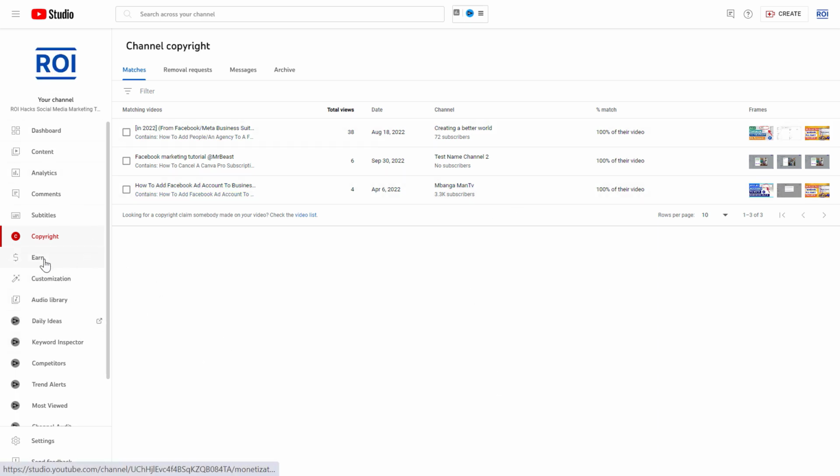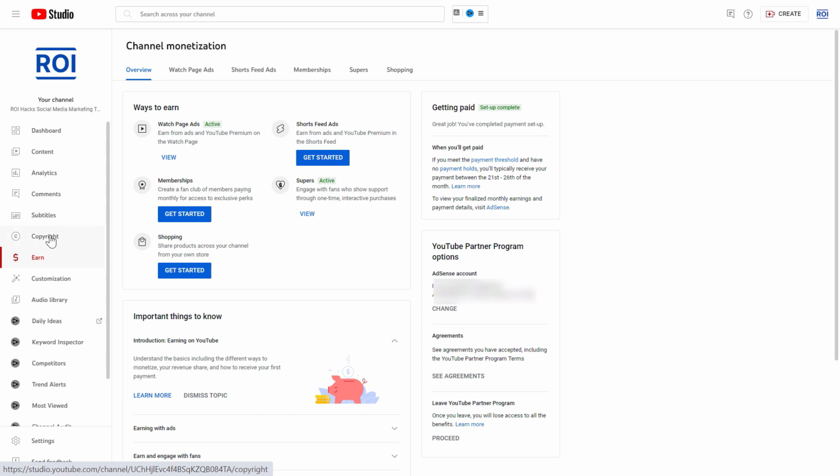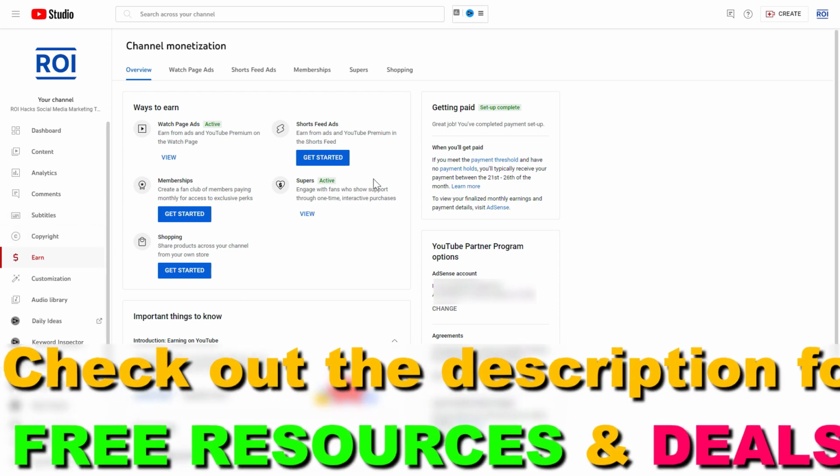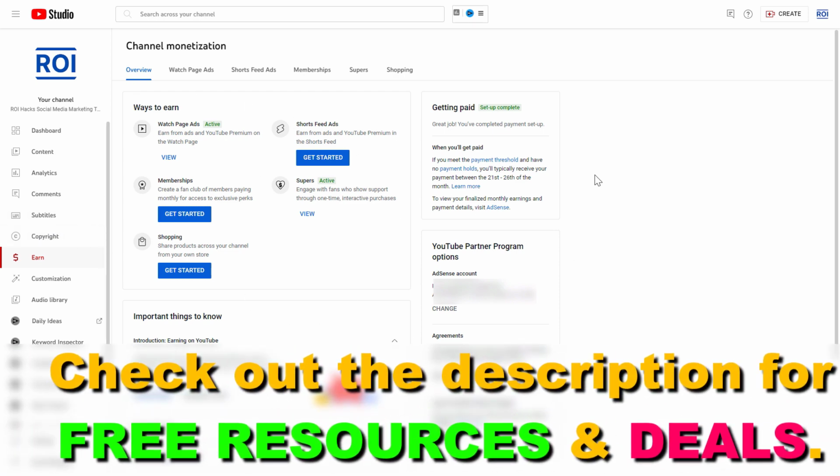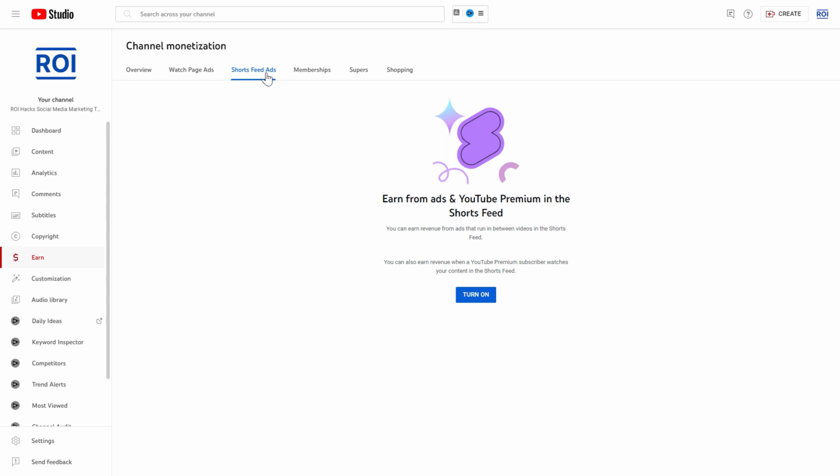Then on the left, click on the Earn tab here under the Copyright tab. And here you're going to see the different monetization methods you can use. And if you want to turn on the short feed ads on your YouTube channel, click on the tab here, short feed ads. And as you can see, here's where you're going to be able to click on turn on YouTube